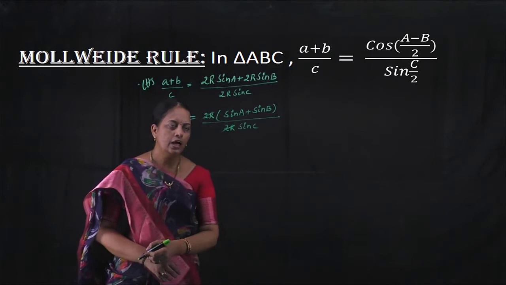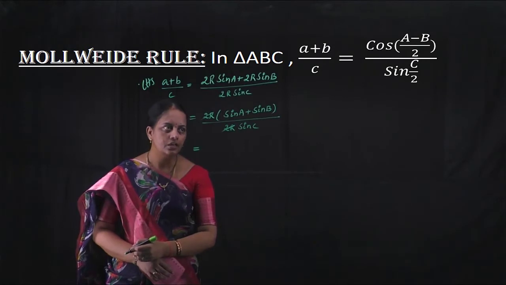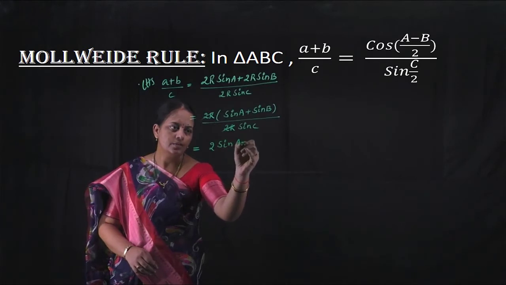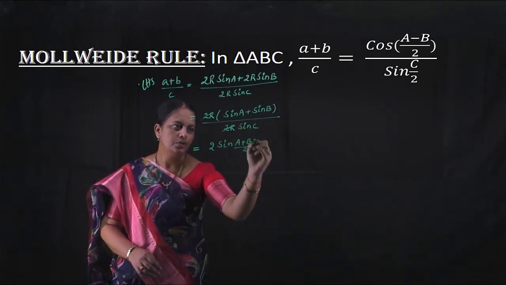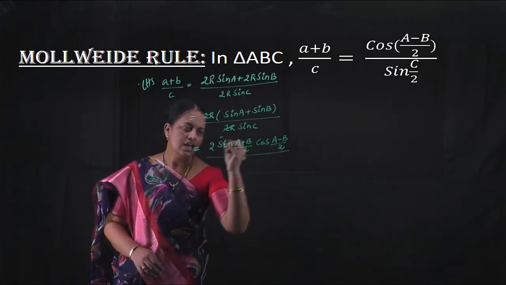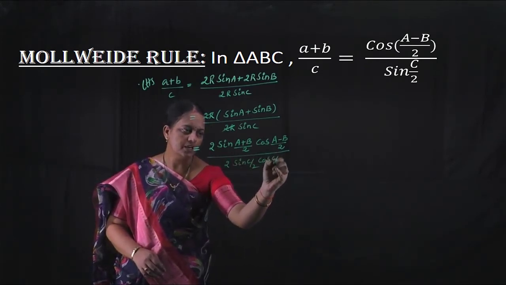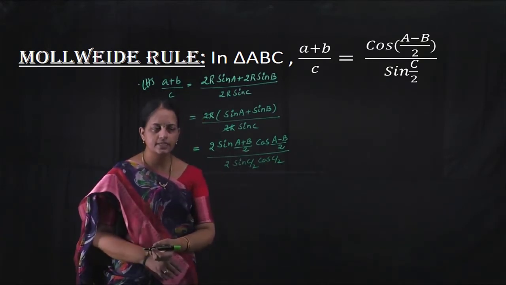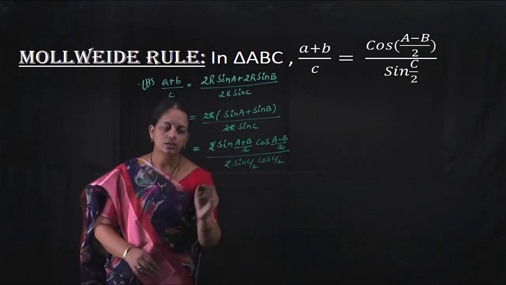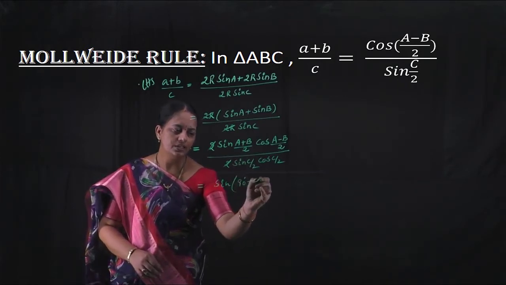In the numerator, we have sin A + sin B, that is in the form of sin C + sin D. By applying the sin C + sin D formula, we get 2 sin of (C+D)/2, that means (A+B)/2, into cos of (A−B)/2. By multiple angles, sin C means 2 sin C/2 cos C/2. Here 2 gets cancelled, and sine of (A+B)/2 means sin(90° − C/2).